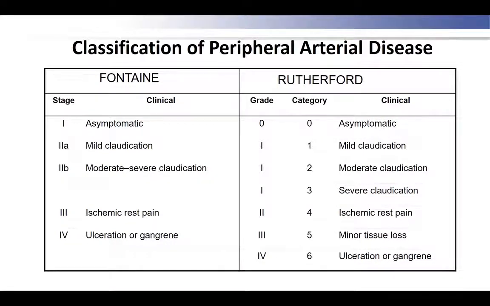For those of you who may want to do some research, we don't just use those two clinical terms, but we actually use classifications. You can see here is the Fontaine, which is European, and Rutherford, which is American. It goes through claudication at over 200 meters, under 200 meters, rest pain, and gangrene. Rutherford is very similar. It just has this minor tissue loss, and that's quite useful because by the time you get to gangrene, no medical treatment is going to get it better. And so this is quite useful when you're doing clinical trials because these are not no-hope legs. But unless you're doing research, you don't have to use those classifications.